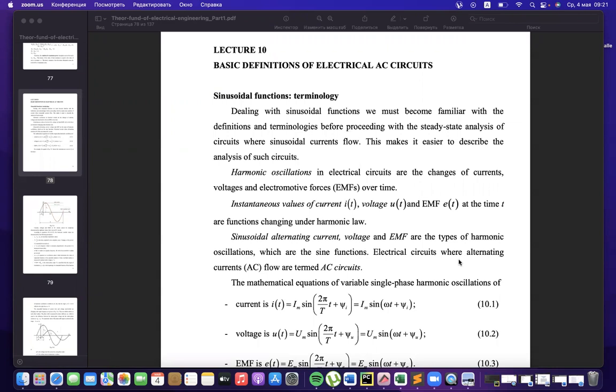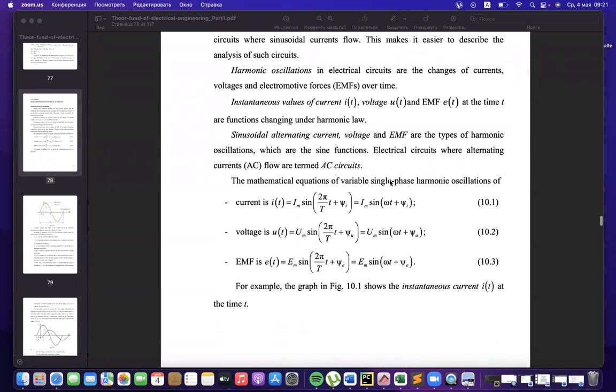Okay, hello dear students. Today we are continuing discovering the alternating circuits, the circuits with alternating current. Last time we finished on the topic of basic definitions on electrical circuits. We discovered that any function in alternating case, in sinusoidal alternating case, will be a sinusoidal function with the main